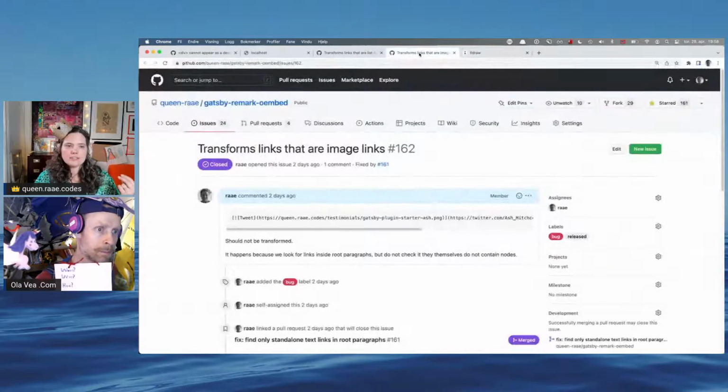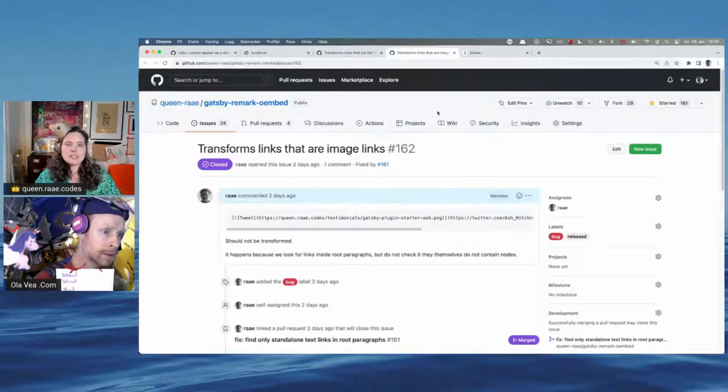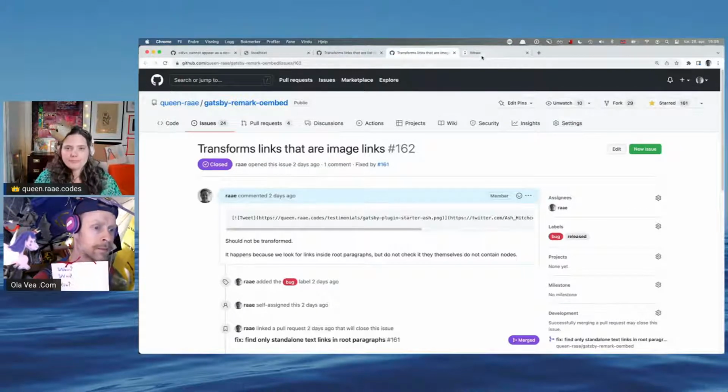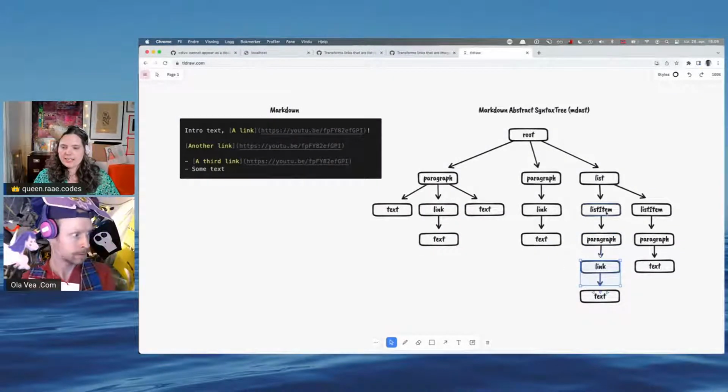I fixed it so that links that are inside of a list item are not transformed, and links that have images or anything other than text as children are not being transformed. So this link here inside a paragraph, inside a list item, is not changed.